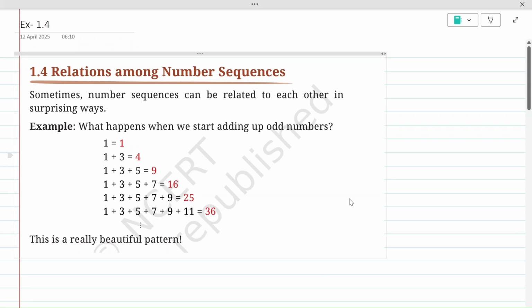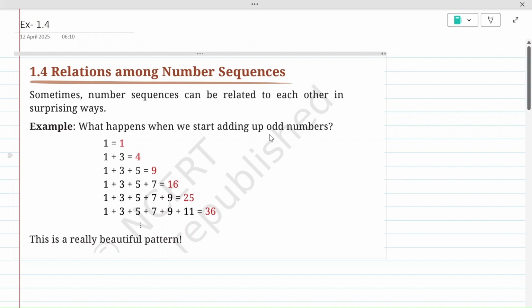Hello students, I hope you have gone through all the previous exercises properly, and now in today's class we are going to start with the new concept, that is relation among the number sequences. As a part of this we are going to study how different number sequences can be related with each other. Okay, so the first example which is given to us here is,